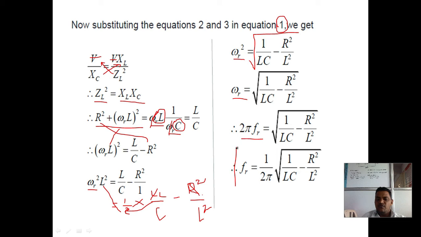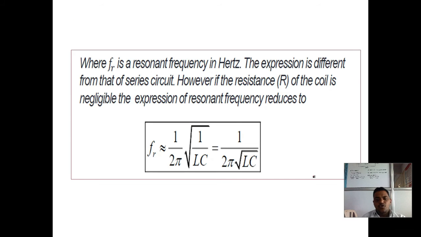The parallel resonant frequency we have calculated, FR, is equal to 1 upon 2 pi into the square root of 1 upon LC minus R square upon L square. In this way we find the resonant frequency in the parallel resonance circuit, where FR is the resonant frequency in hertz, and the expression is different from that of the series circuit. However, if the resistance R of the coil is negligible, then the expression of the resonance frequency